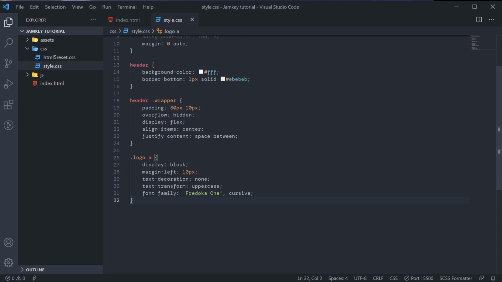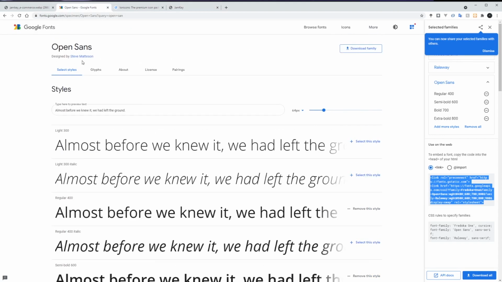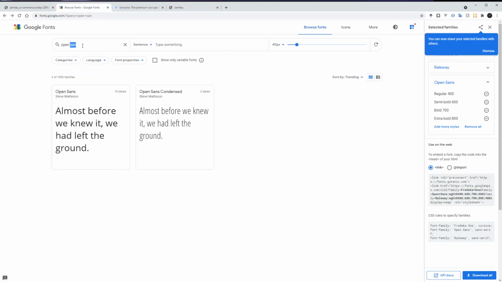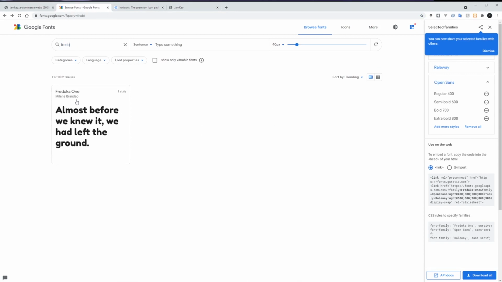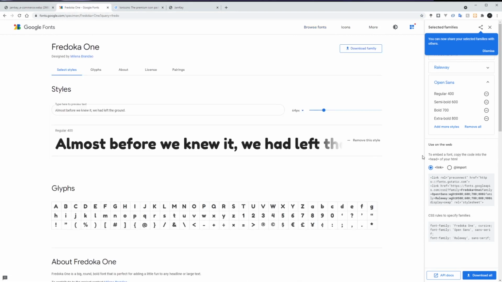If we go back to our browser, we'll come to this place here and find the font again. Fredoka One. If you click it, it will show you how to use it. You see the rules here: Fredoka One, then it tells us cursive, so not sans serif.